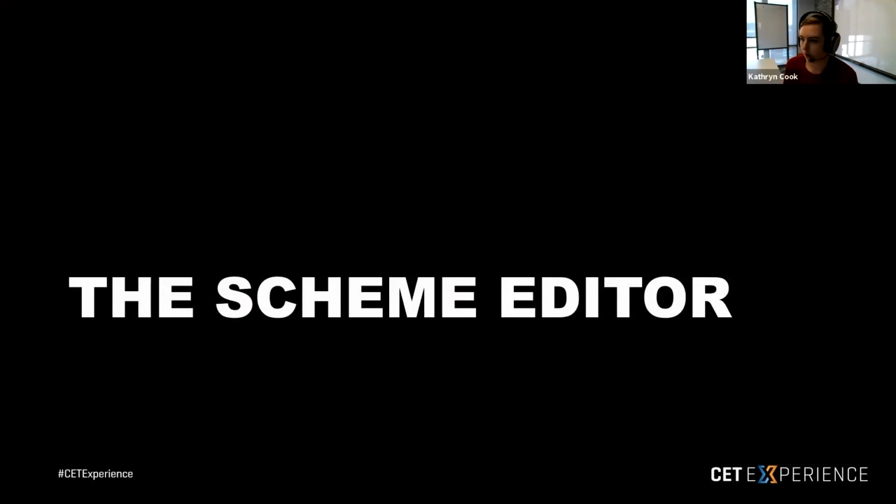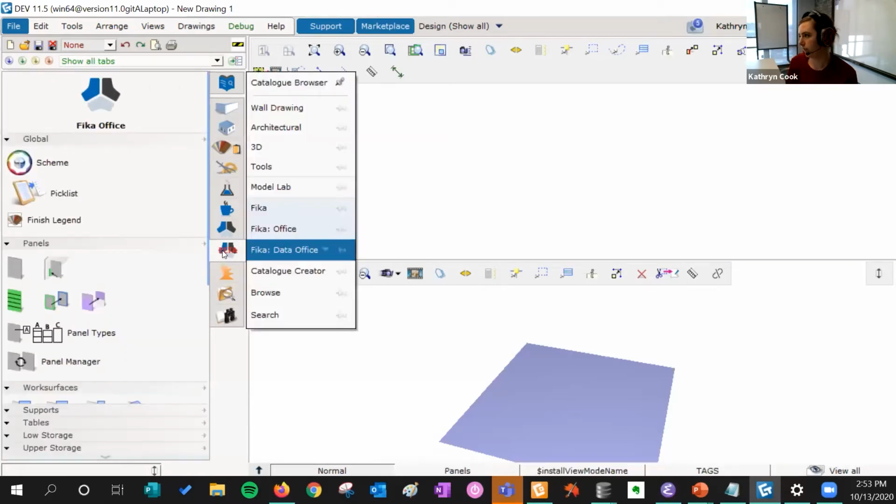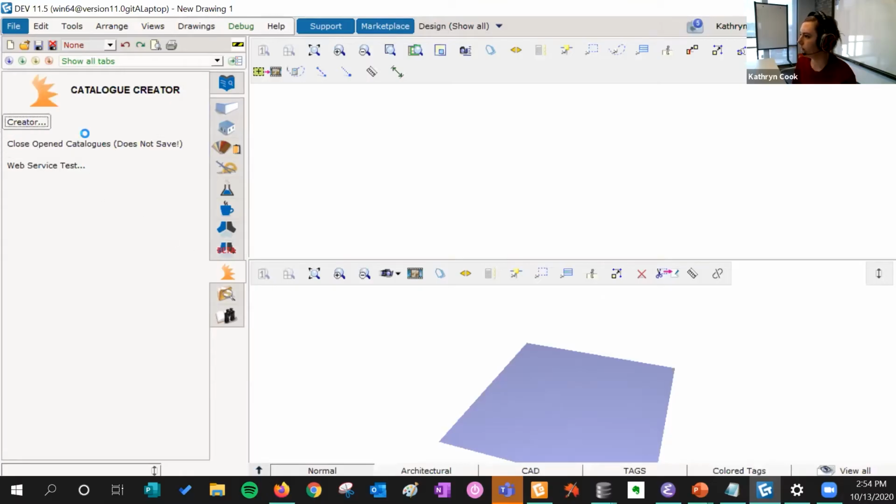So the scheme editor itself, let's take a look at that. So basically, this is Datafika. And this is a version of Fika that's entirely based on catalogs. It's currently in 11.5 major, and anyone can go switch to that branch and take a look at it there. So if we go to Catalog Creator,